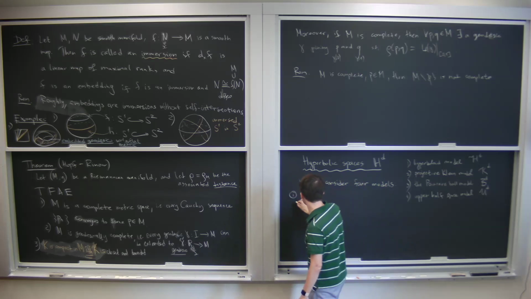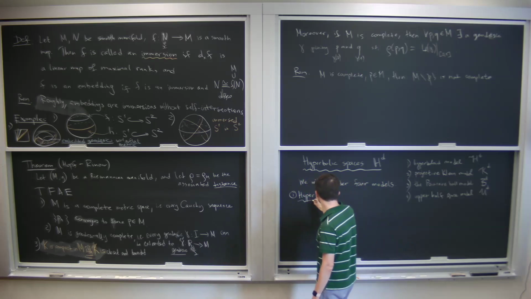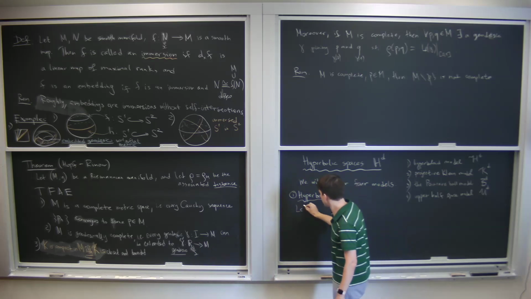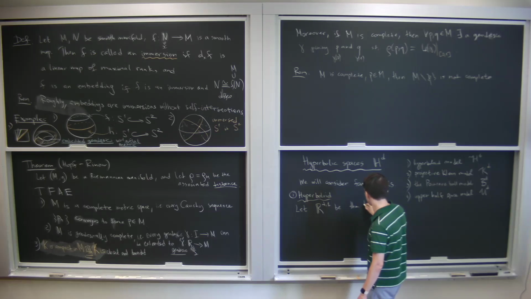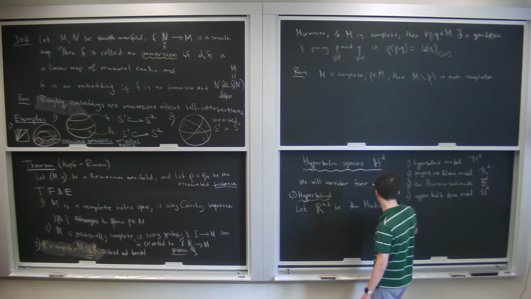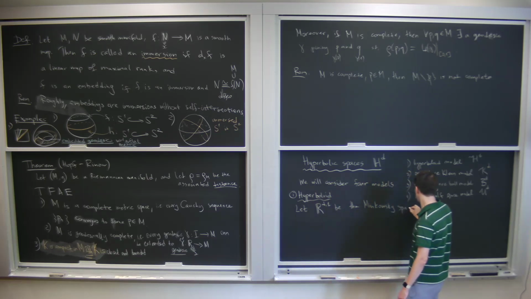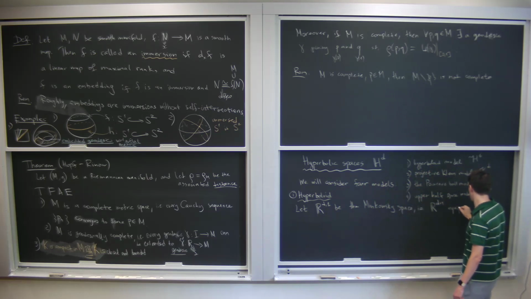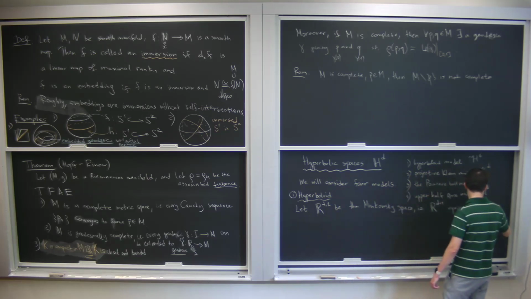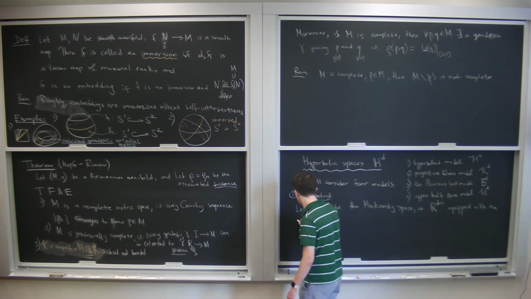Let R^{D,1} be the Minkowski space of signature (D,1), which means that it is R^{D+1} equipped with an inner product, or a scalar product,